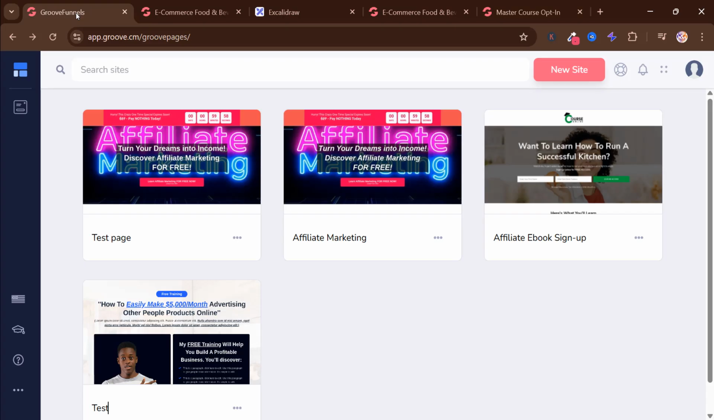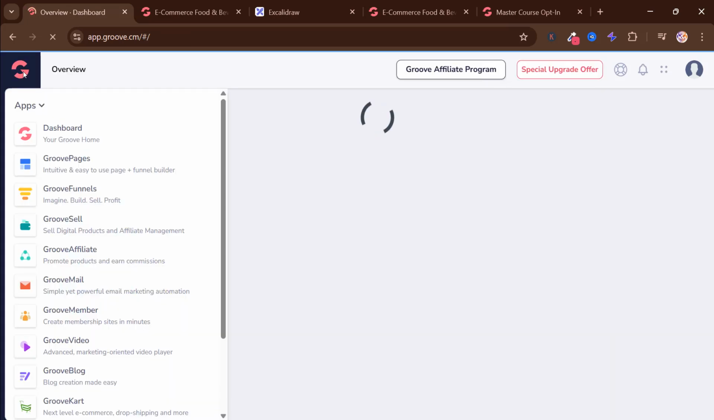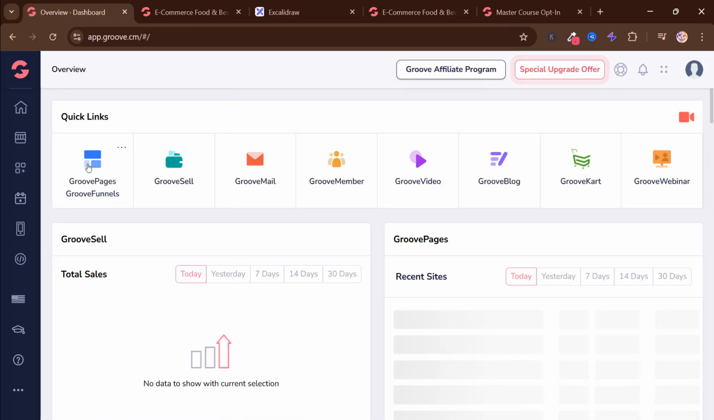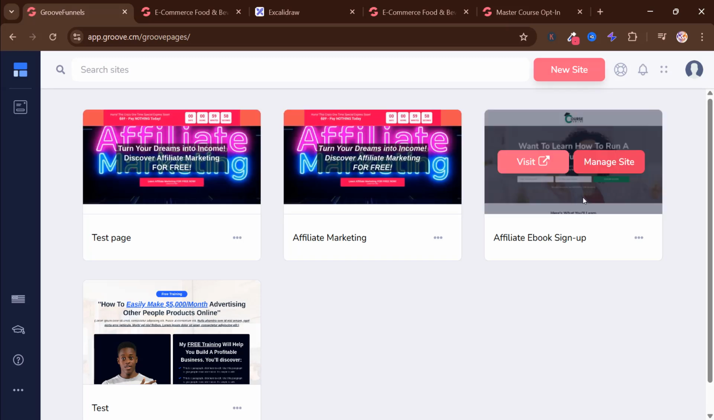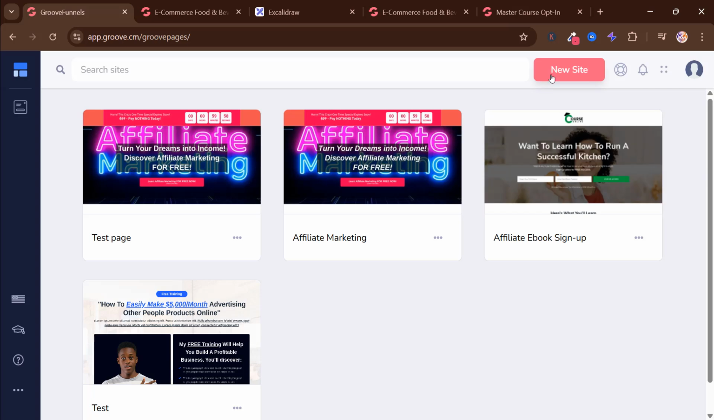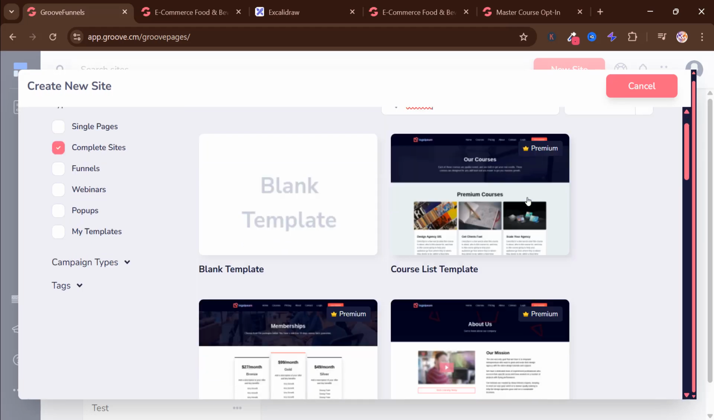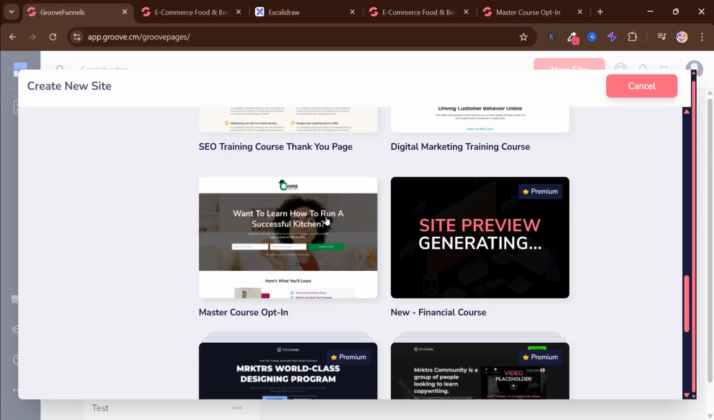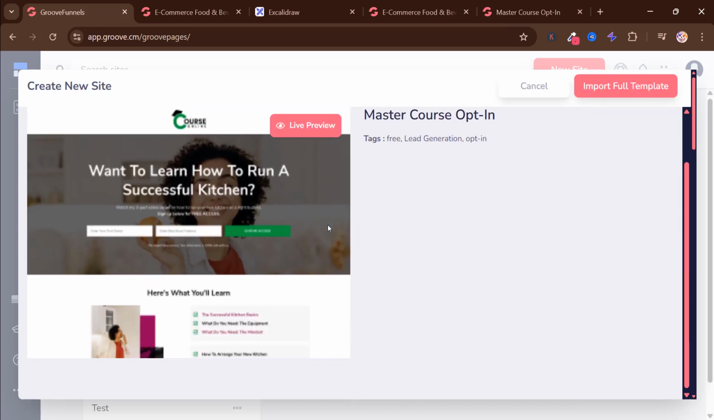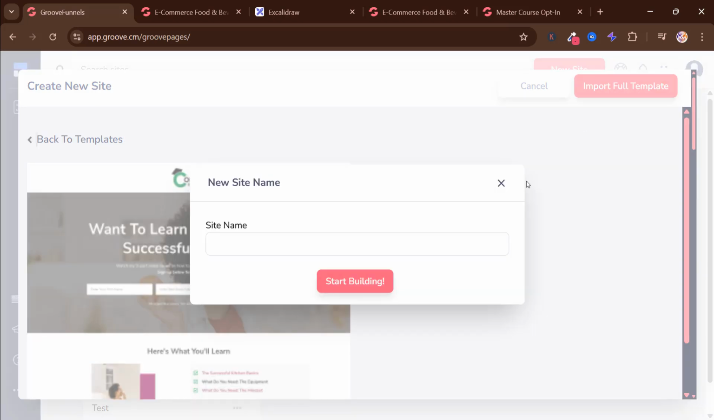So let's go back here again, go to the dashboard just to show you, then click on Groove Pages and Groove Funnels. This is the one we're gonna replicate. It has another image right now, but never mind about that. We'll just click here on New Site, and then we're gonna type in the search field "course", and then it is this one right here. We're gonna take this one here, and then we're gonna import the full template, and this is test page 2, build,